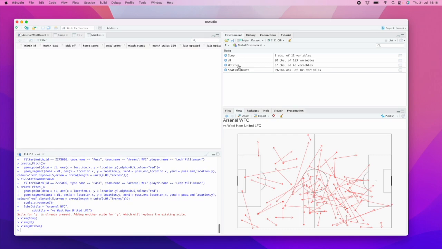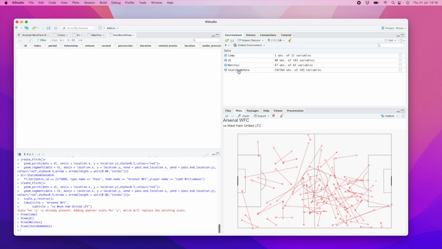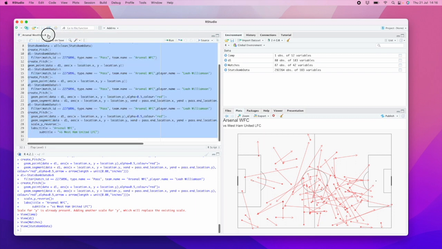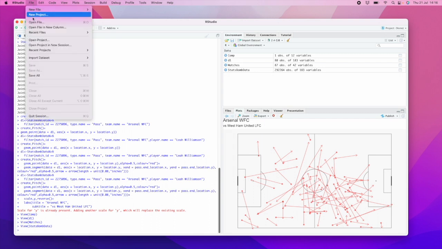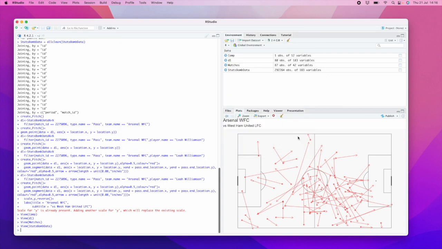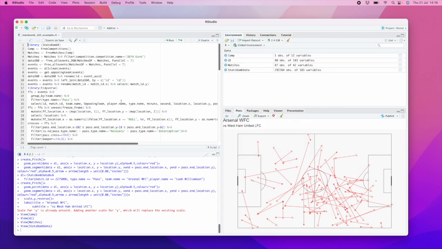So here you can see those in the left hand window as I click on them, and down here we've got our pass map, which we can export as a PDF or as an image or copy it to the clipboard. And you'll notice that as I clicked on each of these it just opened up a tab here. So let's close those ones down, and let's close that and open the next file, which is the StatsBomb 360 data example,